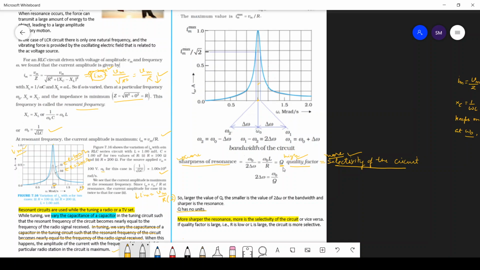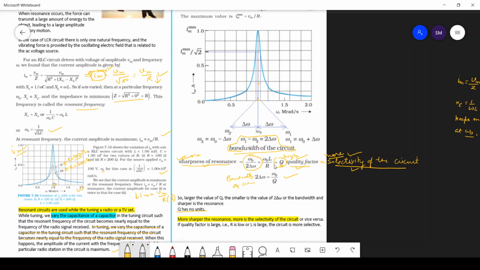And we can also write this equals to Q. Bringing Q this side and 2 delta omega that side, this is the bandwidth of the circuit, which equals 2 delta omega. So this can be written as omega naught upon Q. So if you want sharpness of resonance, high quality factor, and more selectivity of the circuit,